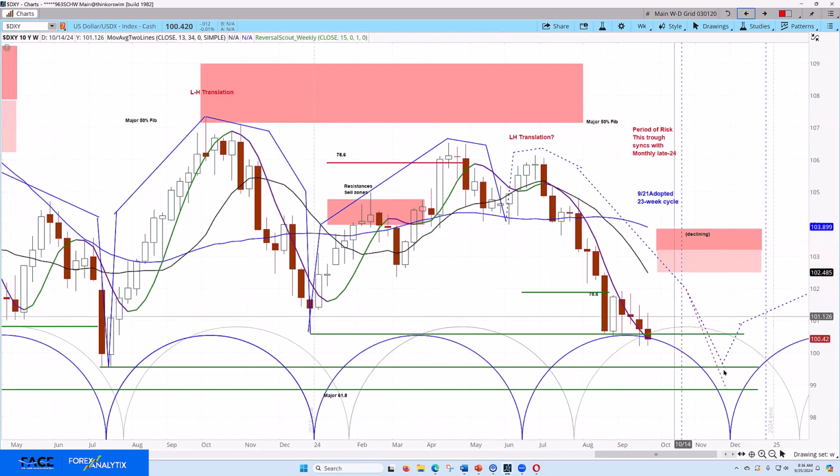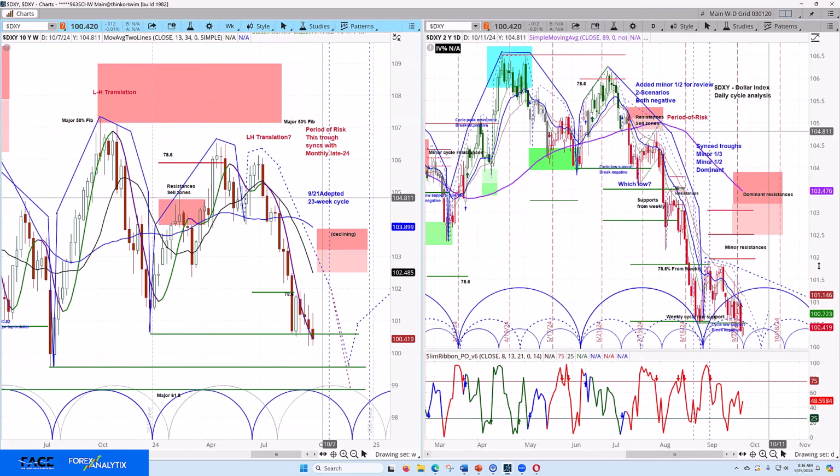And I go back after the election, Steve. So I go back here, and this is mid-November, also on the weekly chart. So that side by side says we get a rally sometime towards the election, but not a major rally because these formations won't allow for that. And then another move to the downside for the dollar into mid